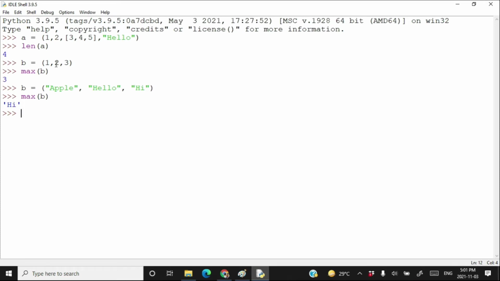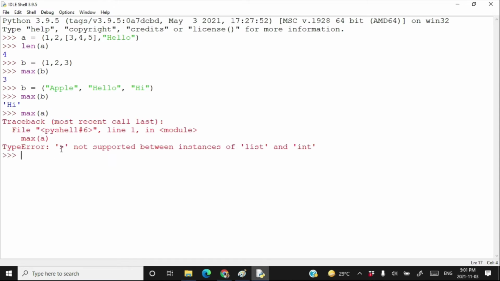But suppose that the elements of a tuple are not comparable, then what will happen? Here in this case, the 3 elements are comparable. But here in this case, I cannot compare one with a list. I cannot compare one with a string. These are not comparable. In that case, the max method will return an error.